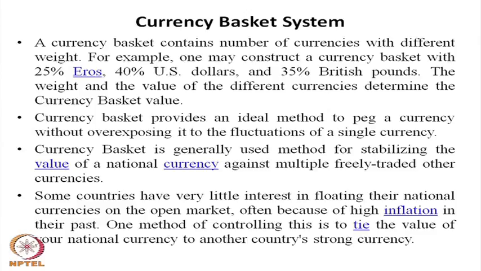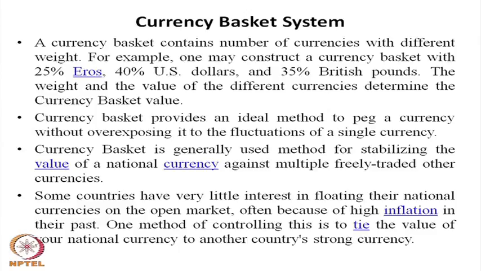It may happen sometimes that one currency has an appreciation while another currency has a depreciation. So, the fluctuation of a single currency is not there in case of the currency basket system. So, the currency basket system maintains a stable exchange rate. Currency basket is generally used as a method for stabilizing the value of the national currency against multiple freely traded currencies, because when a domestic currency is linked to a basket of currencies,